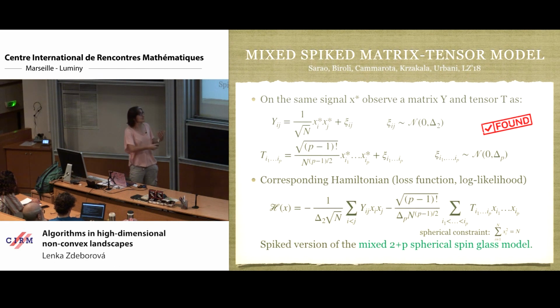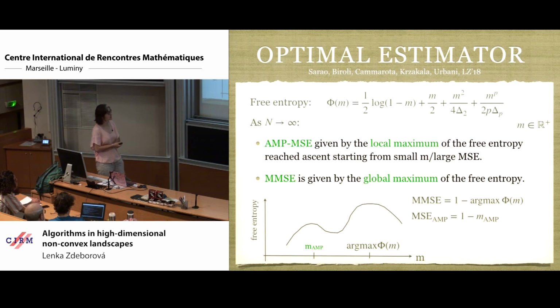And minimizing that log likelihood will be what I will be trying to do algorithmically with the gradient flow. But that's not the ultimate goal. What I will be interested in is whether the minimum lies close to the ground truth or not. So this is the distinction between the pure optimization problem and a problem where I have some good notion of generalization here. And in physics, this happened to be a mixed 2 plus p spherical spin glass model, for those of you who are familiar with that terminology.